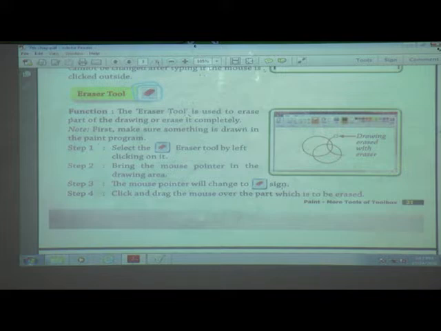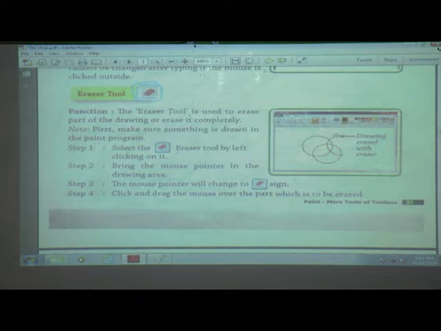Eraser sign. And then click and drag the mouse over the part which is to be erased. Means whichever part we want to erase, take your mouse pointer there. And how can we draw in Paint?